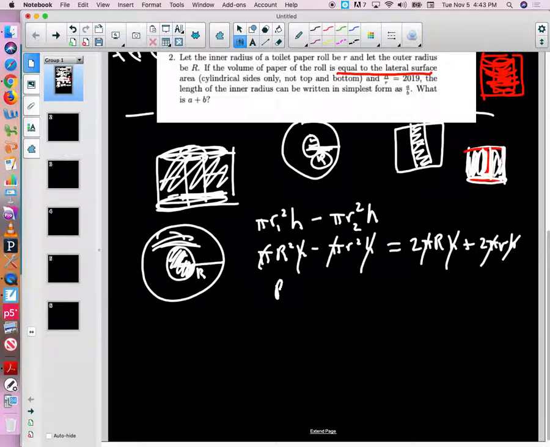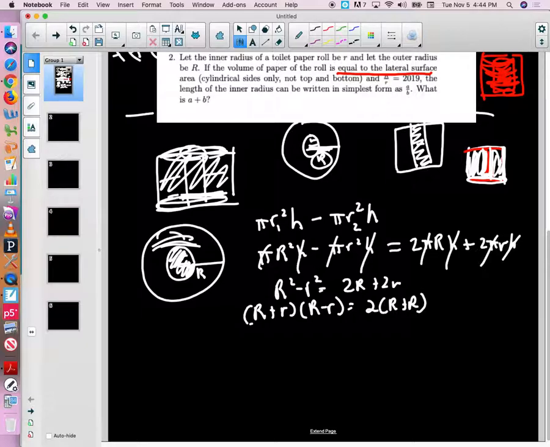And look what I have left. R squared minus r squared equals 2R plus 2r. I can factor this into R plus r times R minus r, difference of squares. You're always looking for tricks. And I factored a 2 out on the right hand side. This cancels, and so now I know 2 is equal to R minus r. And the question was,